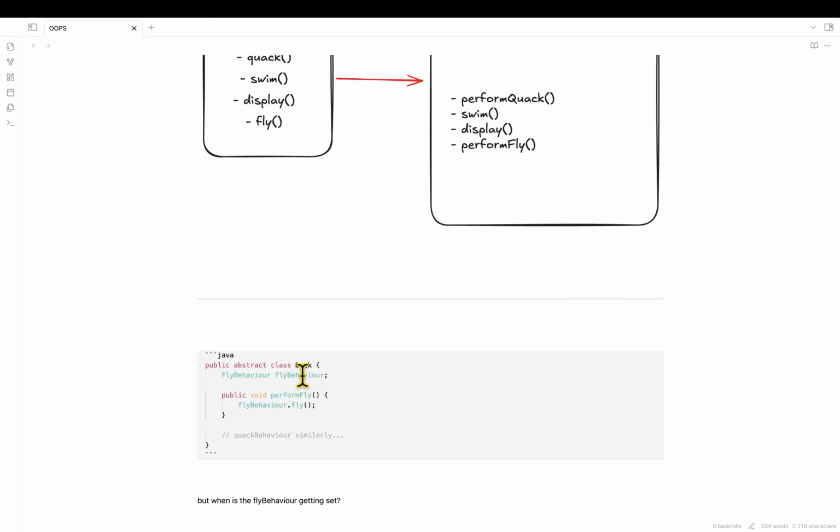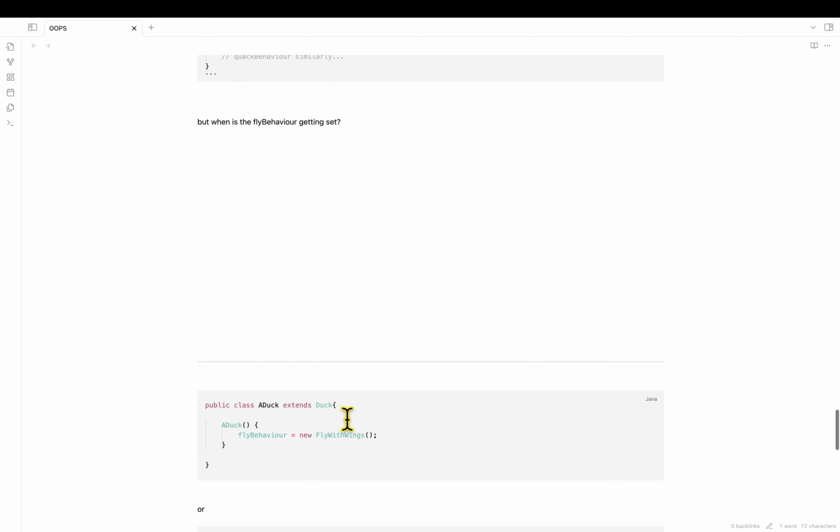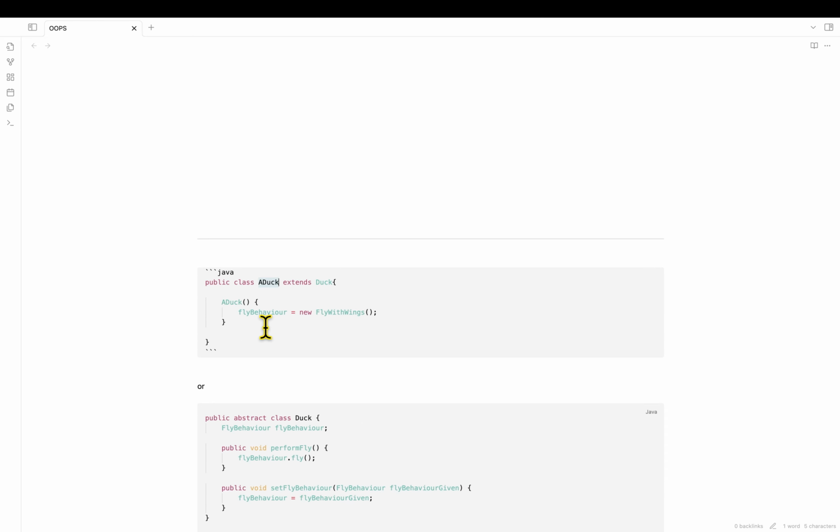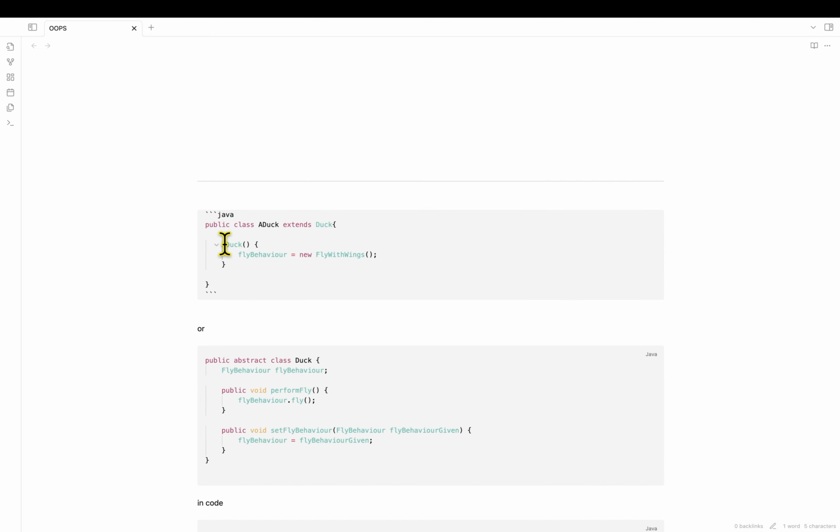So you might ask, when is fly behavior actually getting set? One way of doing it is, let's say there is a duck that extends Duck. When the constructor is being called, we initialize it with new FlyWithWings for a duck. So for every duck you can initialize it in the constructor.